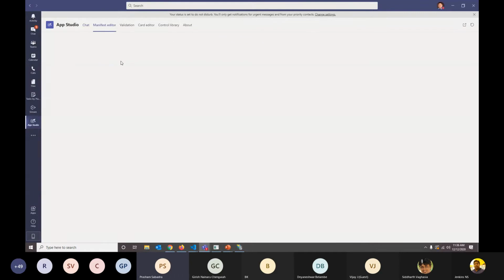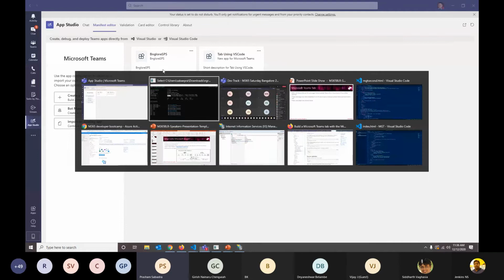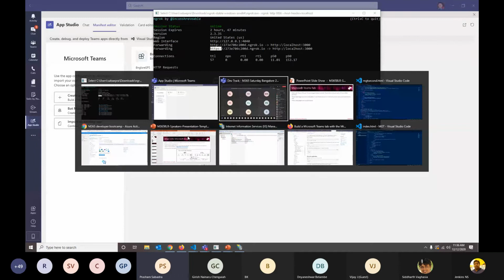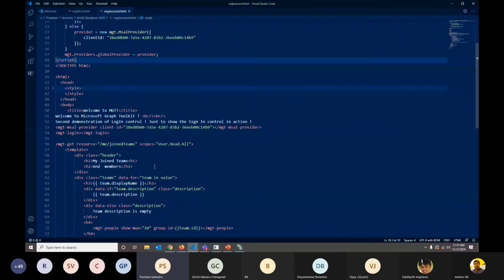But when we have these kinds of pages or an application created, which we want to render when the tab is clicked, whatever functionality or features we need to provide through the tab, like order creation or showing join and unjoin teams, once this kind of application is ready, then we need to go to App Studio.